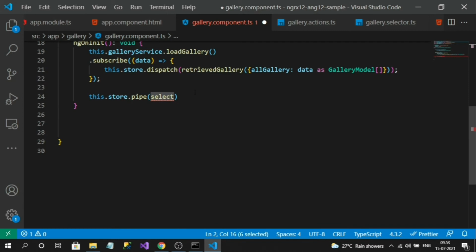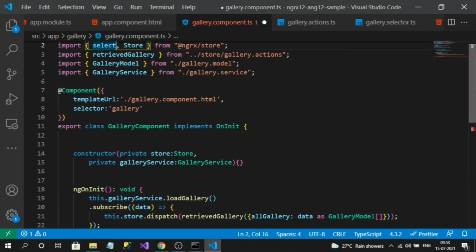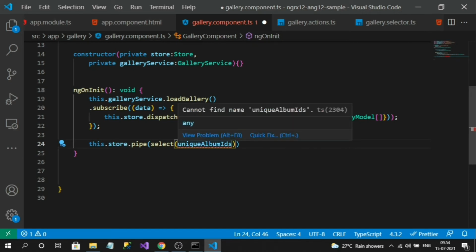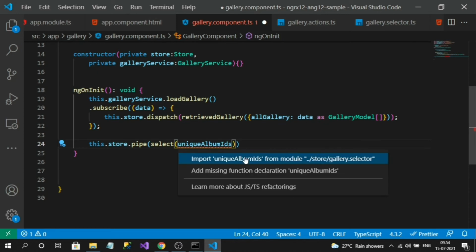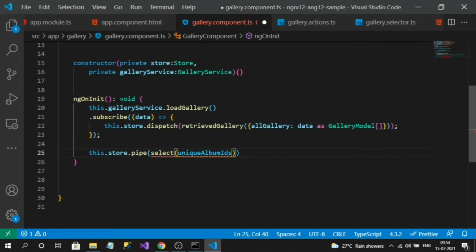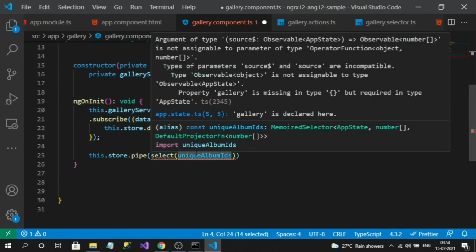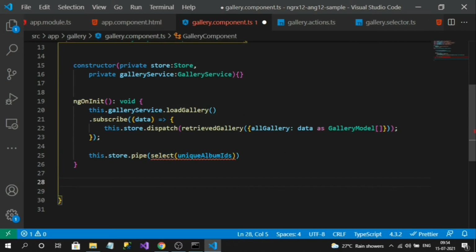So here I can specify my selector name. Here we are getting an error. Let's import the album ID as well. So our unique album ID store imported successfully, but we are still getting an error because it is unable to determine